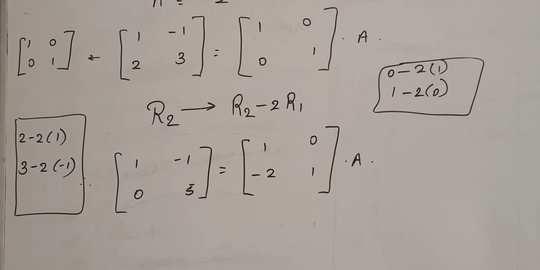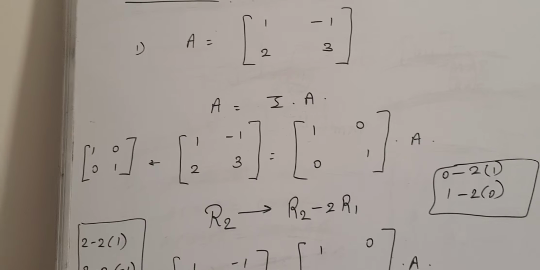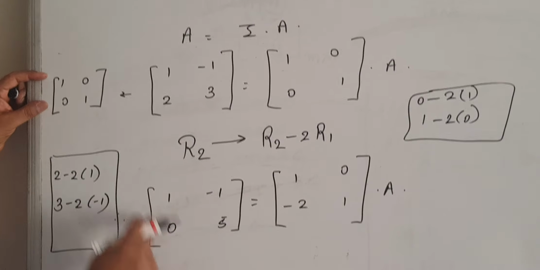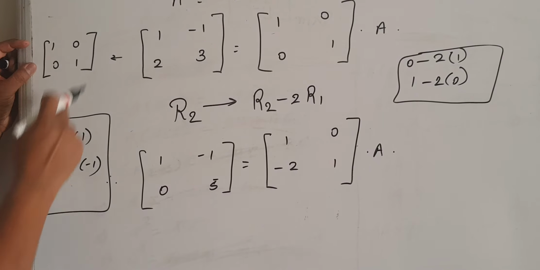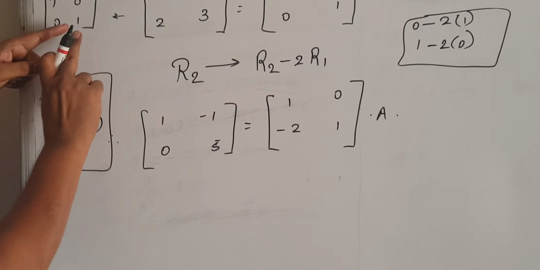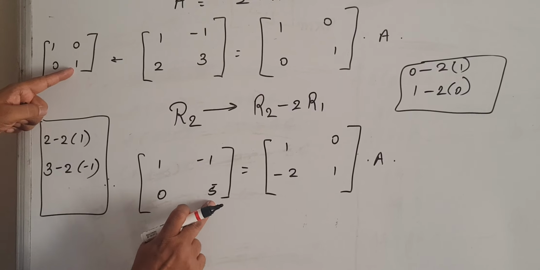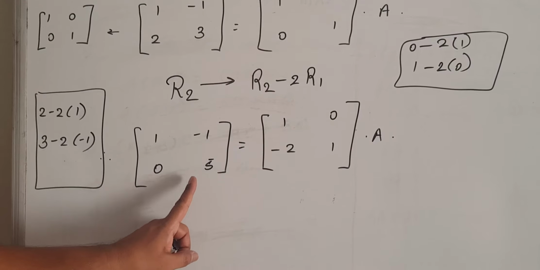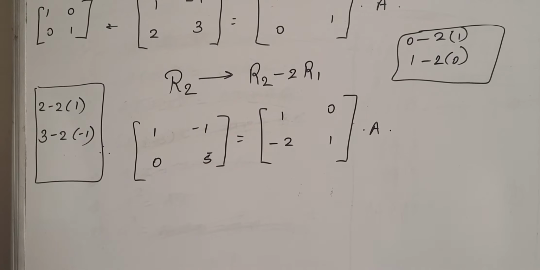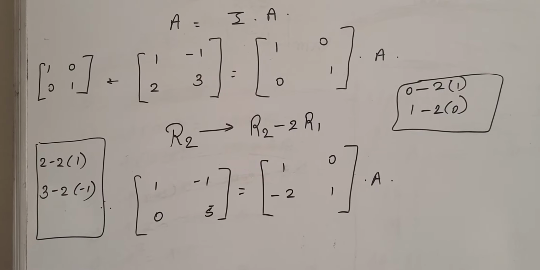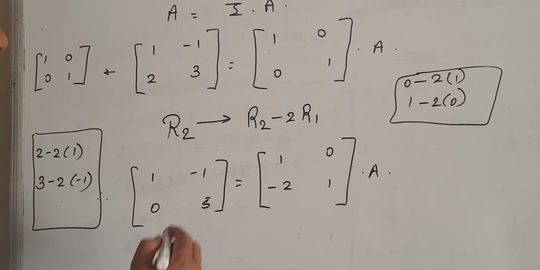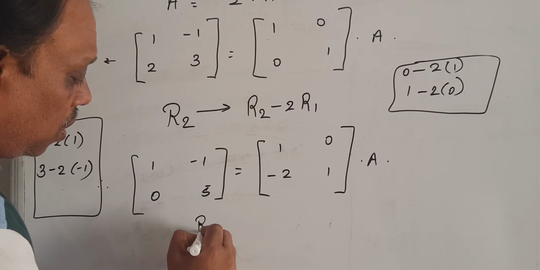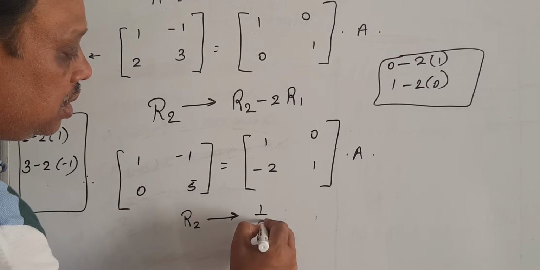Up to this you clear? Now your first column is 1 0. That is okay. Second column you want 0 1. That means here we need 1, whereas here what do you have? 5. So that means we have to remove the 5 and we need a 1 there. So for that what do we do? We divide this row by 5. Means second row we divide by 5.